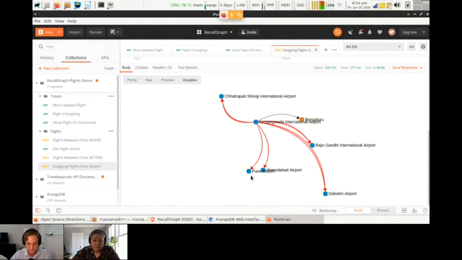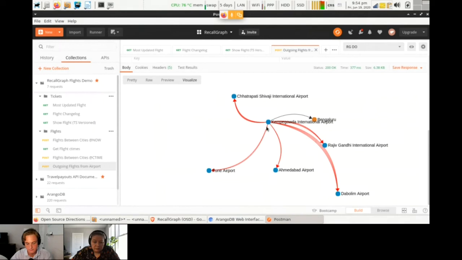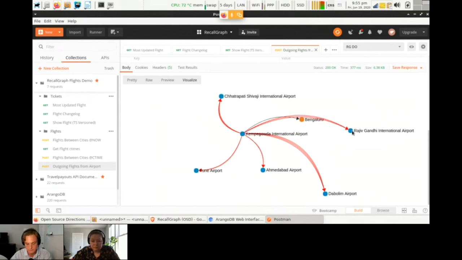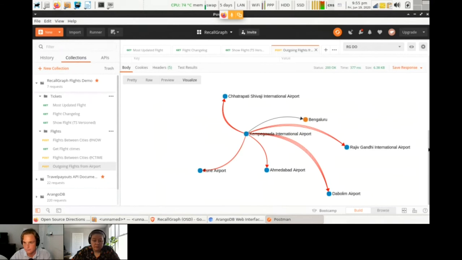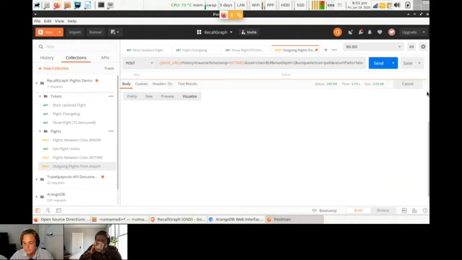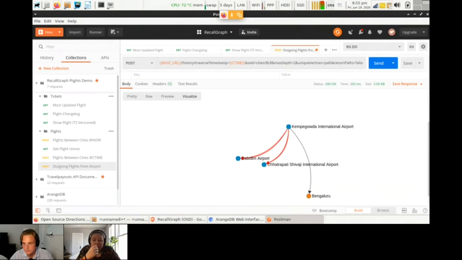Okay, so here's a traversal that searches for outgoing flights in the current database from Bangalore International Airport. And let me just fire this at a different timestamp, and hopefully we'll see some changes. Yeah, okay. So if you compare it, if you got a sense of how many outgoing